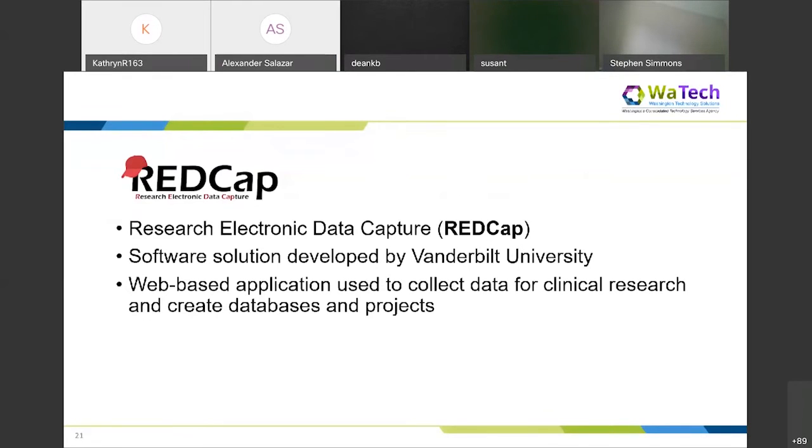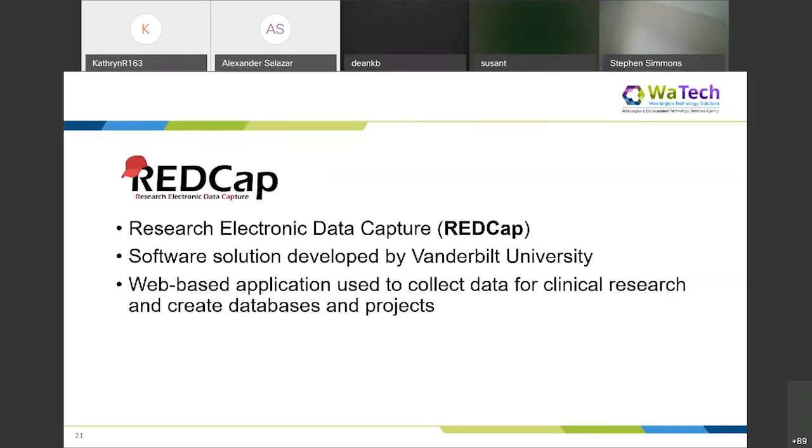RedCap was brought in to help collect information, especially for some of the larger counties, as part of the COVID-19 contact tracing efforts. It's a web-based application built by Vanderbilt. However, the use of this software ended up not being quite what the state needed. So while it's still being used in some parts of the state, we're really moving more towards the use